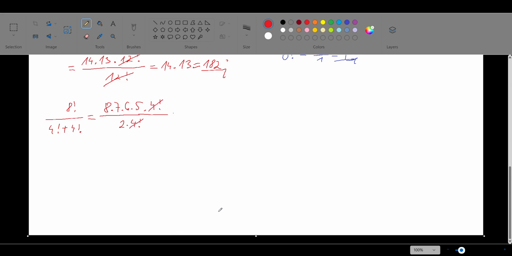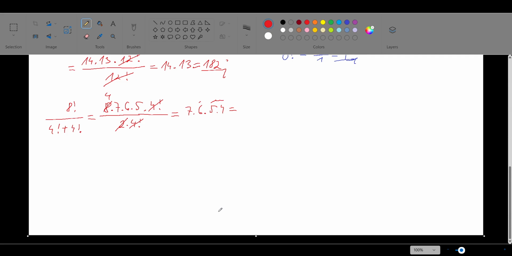Now you can see that these 4 factorials will cancel each other, and you can also see that number 2 can be simplified or cancelled with, for example, 8, or you can even take 6, and this is then going to be 4. So now our result is 7 times 6 times 5 times 4, which is equal to,